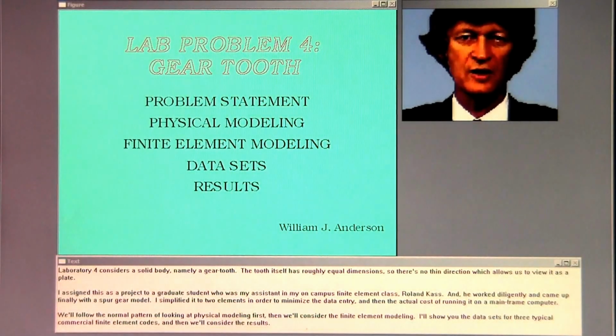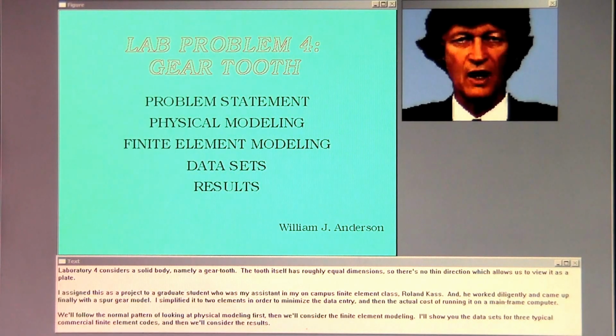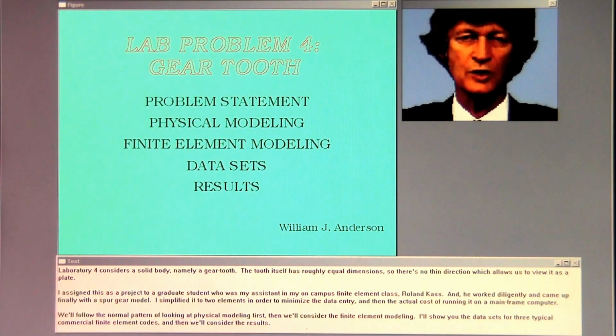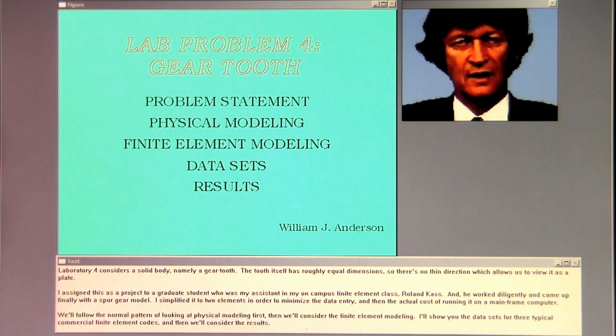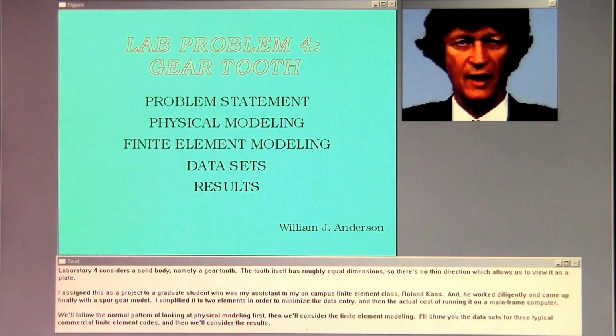Laboratory 4 considers a solid body, namely a gear tooth. The tooth itself has roughly equal dimensions, so there's no thin direction, which allows us to view it as a plate. I assigned this as a project to a graduate student who was my assistant in my on-campus finite element class,